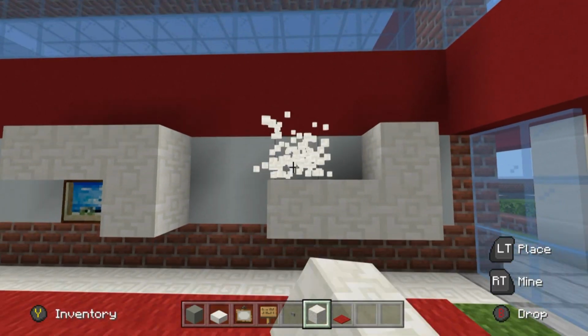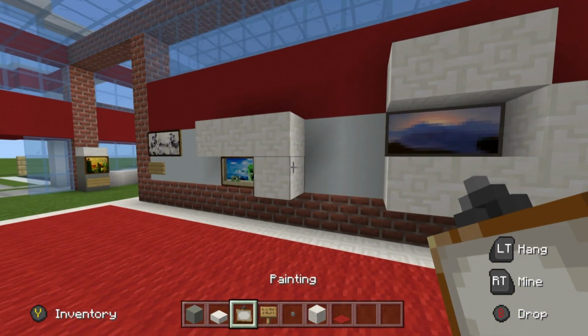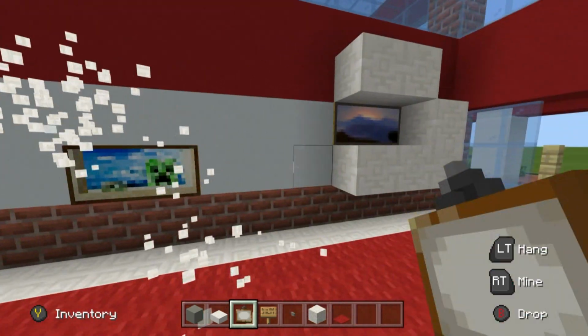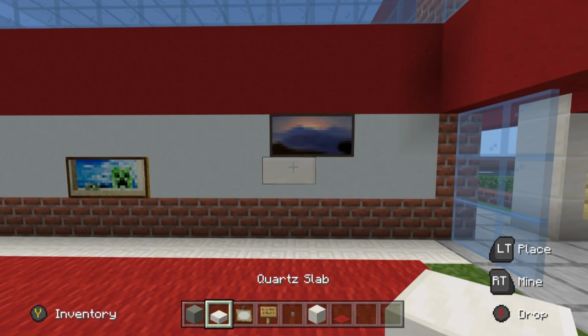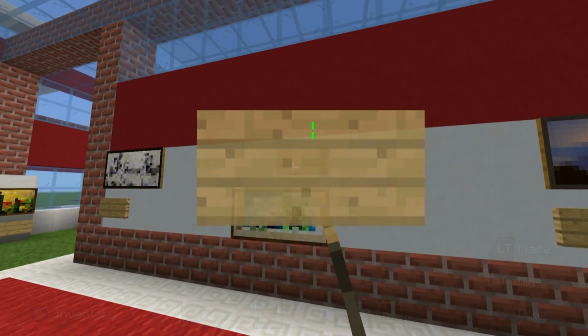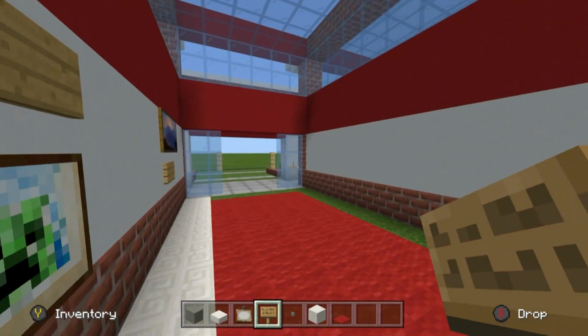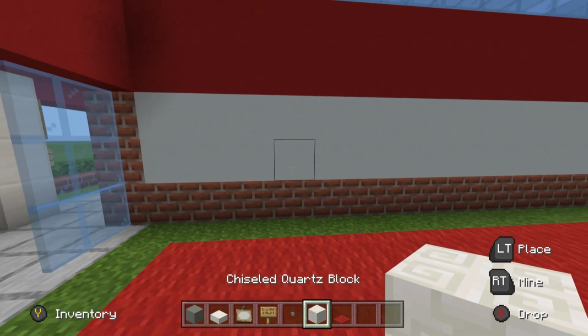So I think it would make sense for there to be posters and paintings and decoration. And, you know, it might even say that this is a place that you can go. This is Surrey, whatever. It doesn't really matter. You could use item frames too. But I like the idea of having maybe just